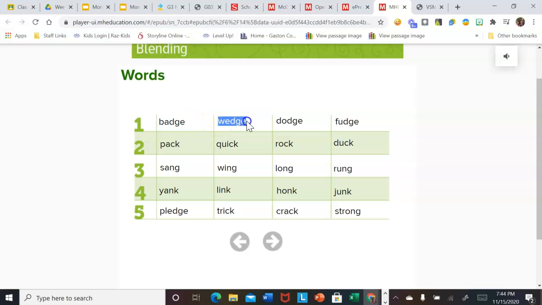Badge, wedge, dodge, fudge, pack, quick, rock, duck, sang, wing, long, rung, yank, link, honk, junk, pledge, trick,